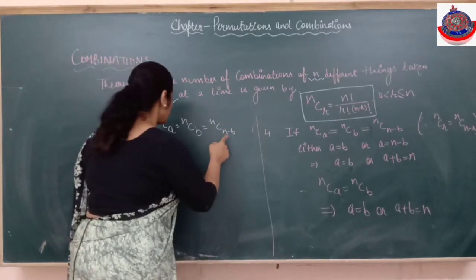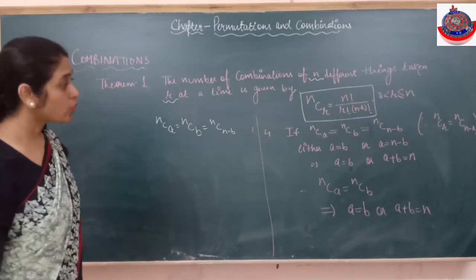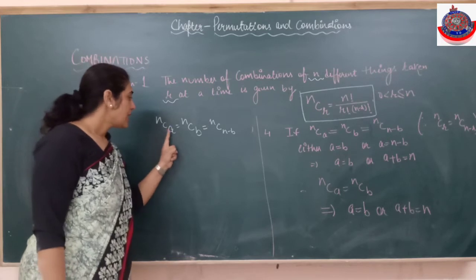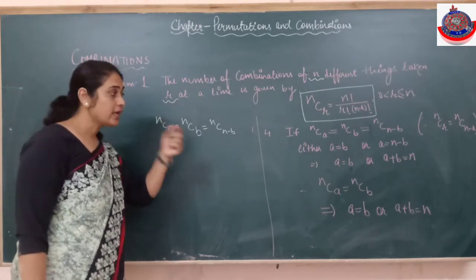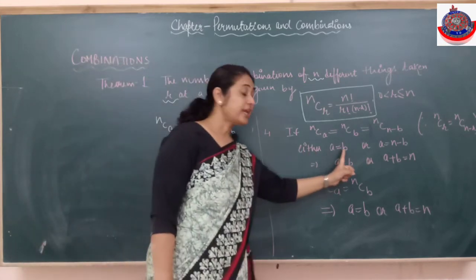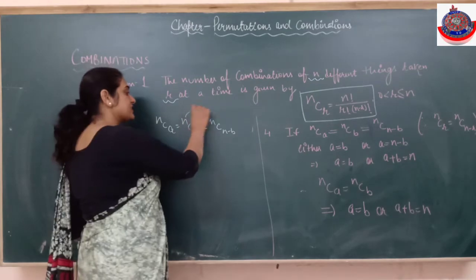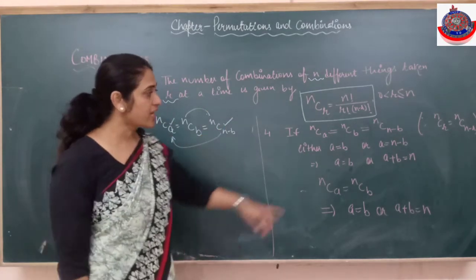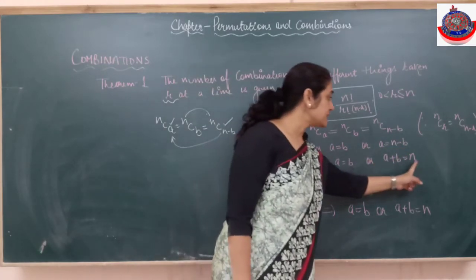अगर ये दोनों आपस में equal हो तो definitely this is also equal to this. What does it imply? If n are equal and NCA is equals to NCB, definitely then bases should also be equal. That means तो क्या होगा? या तो A is equals to B and अब ये इसके इक्वल है तो डेफिनेटली ये भी इसके इक्वल है, तो इन दोनों के बेसिस भी आपस में इक्वल होने चाहिए. सो A is equals to n minus B. So from here A plus B is equals to n.